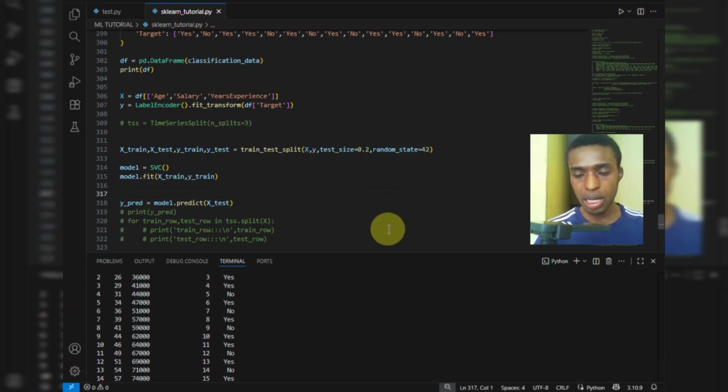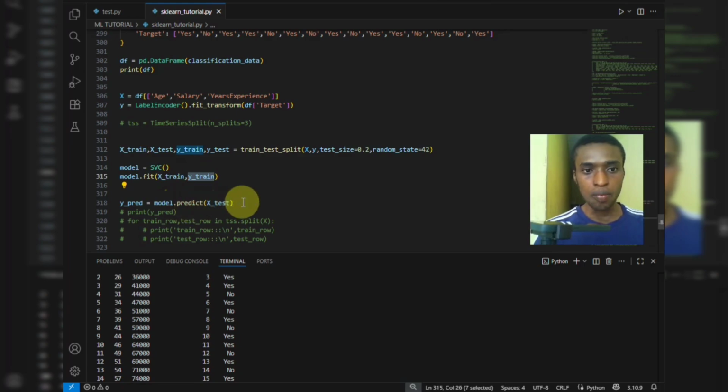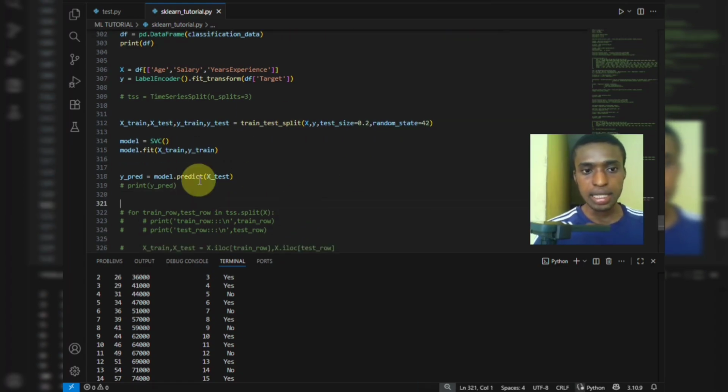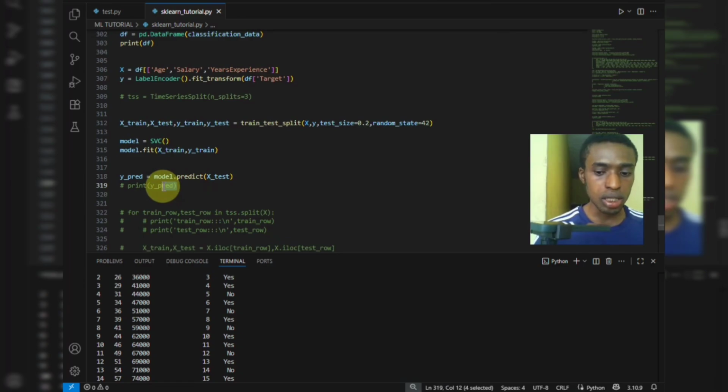So you can actually control the amount of data used for your training by this test size parameter you set here. If you set your test size to be 50, your X_train is going to be 50. Remember that X is for the features and y is for the target. And the reason is to know how well our model is going to perform on new data. So when we run this,